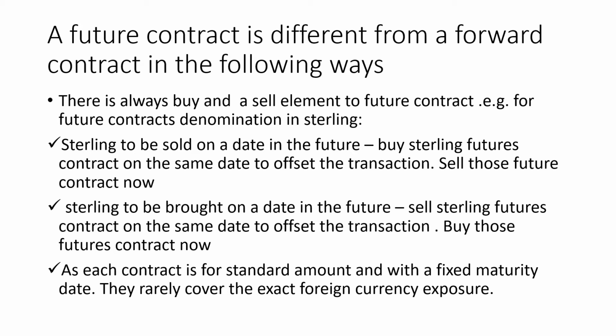Now same is the case with the buy element. Like if you want to buy a certain sterling on a future date, so we have to sell the sterling future contract on the same date to offset the transaction. मतलब इसमें उल्टा हो जाएगा। अगर आप सेल करना चाहते हैं तो आप क्या करेंगे कि उसी डेट पे, जिस डेट पे आप उसको बेचना चाह रहे हैं, आप उसी डेट के फ्यूचर कॉन्ट्रैक्ट्स को खरीद लेंगे और फिर उसके बाद उन कॉन्ट्रैक्ट्स को सेल कर देंगे।